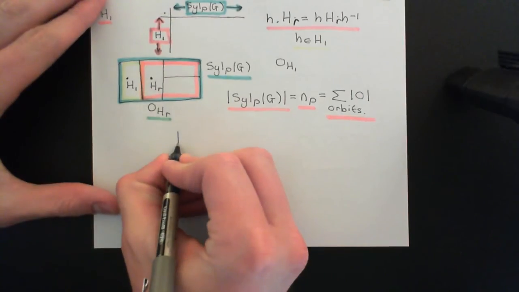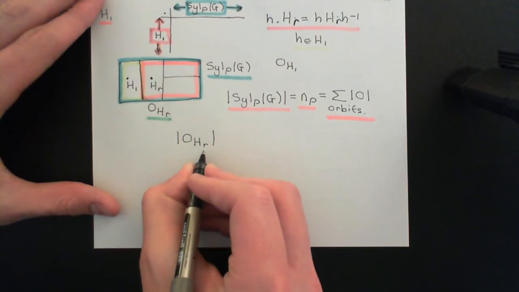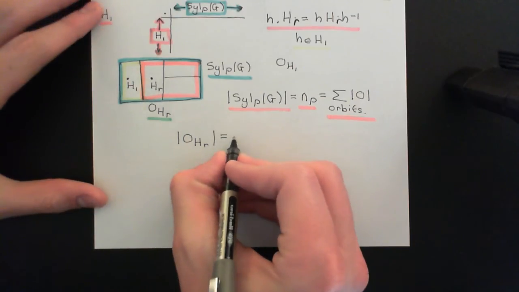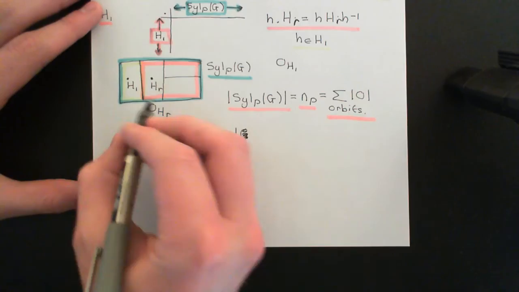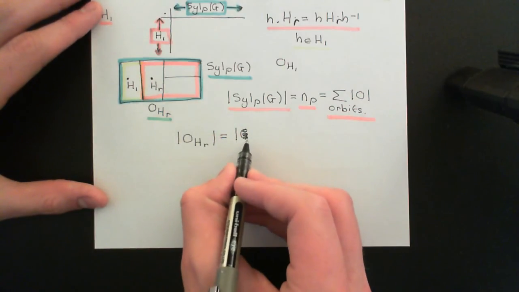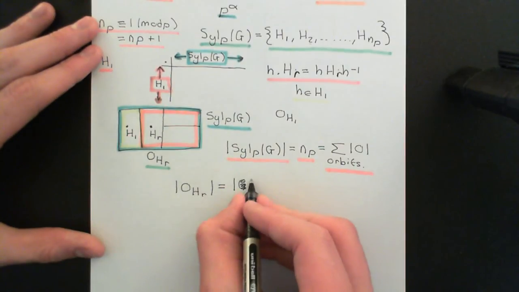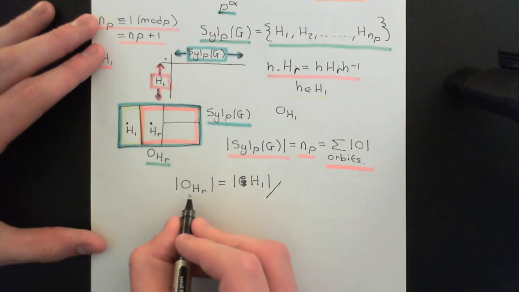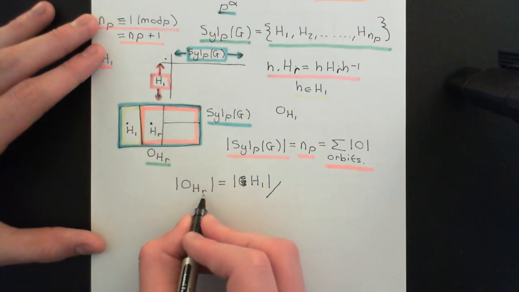So what we know from the orbit stabilizer theorem is that the order of this orbit of this Sylow p subgroup, capital H_r, is going to be equal to the order of the group, and whoops, I've made a terrible mistake. The order of the group in this case is not G, because that's not the group that we're using for the group action. The group that we're using for the group action is capital H_1. So the order of H_1 divided by the order of the stabilizer of this Sylow p subgroup, capital H_r,